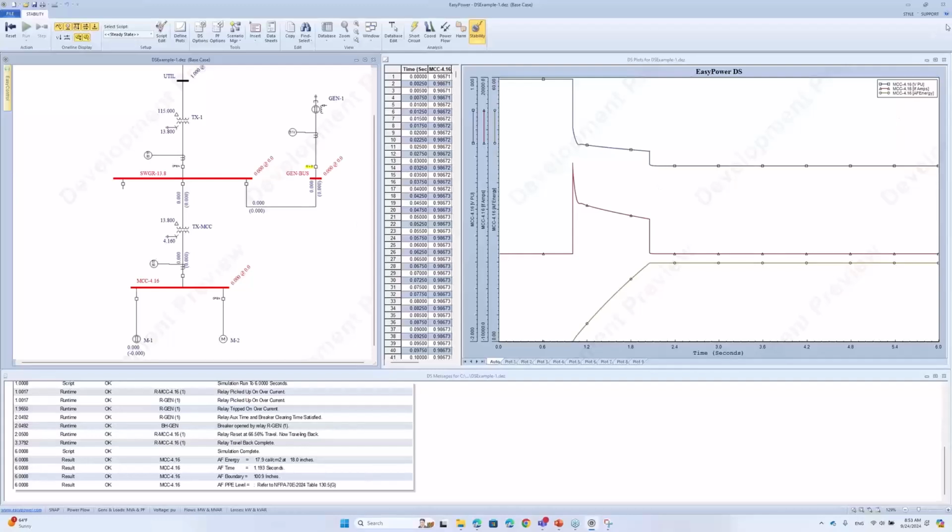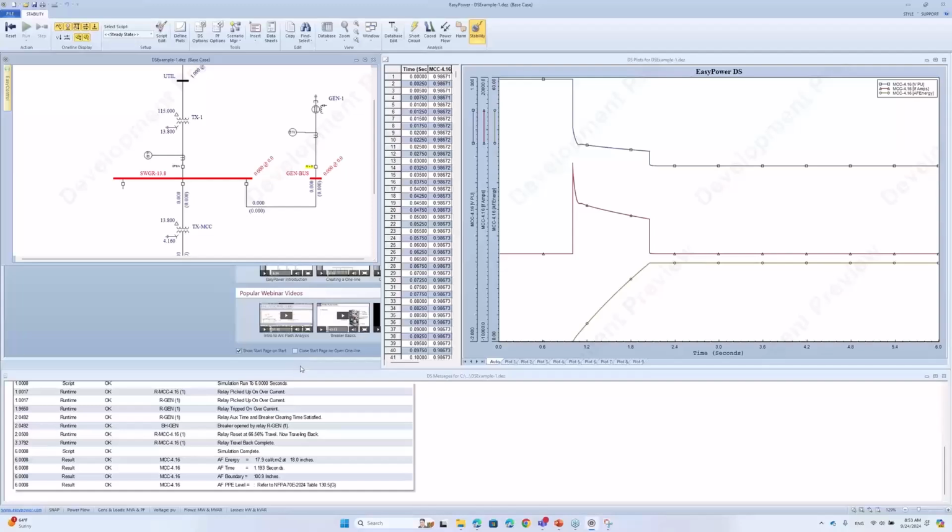Any questions? Tao, so where does it show that the arc was cleared on the log? Yes, the arc cleared on the log